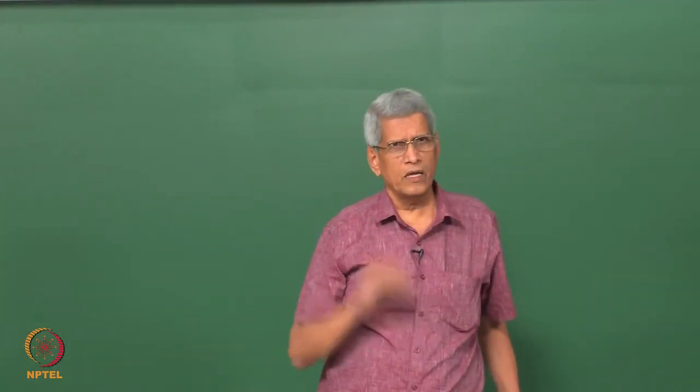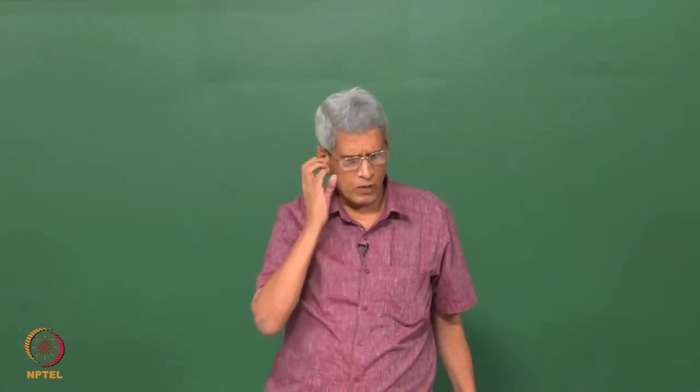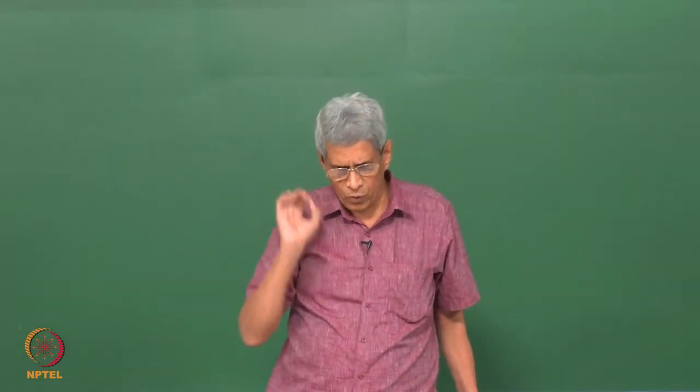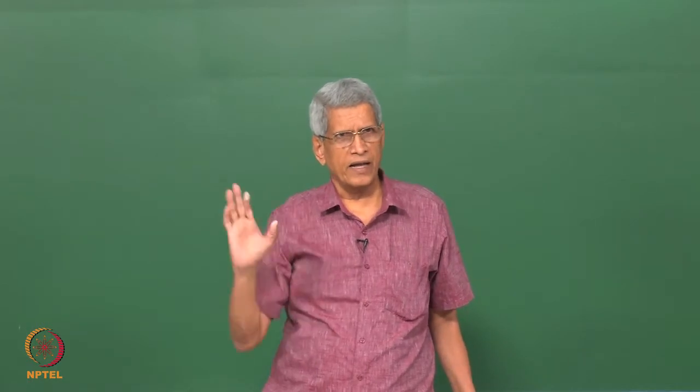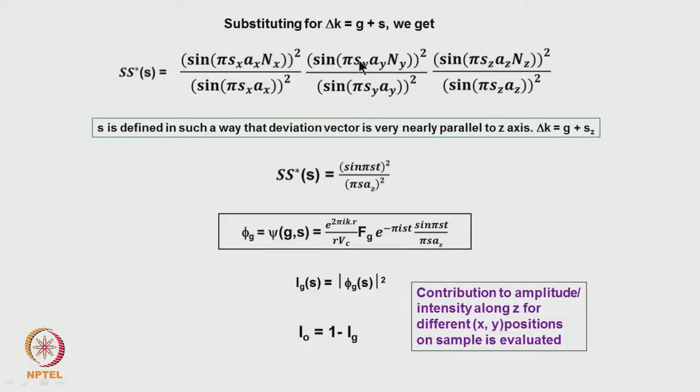But normally in microscopy one assumption is made. The assumption is that the deviation in the Bragg condition is only in the Z direction, in other directions the deviations are 0. If we make that assumption, then when Sy and Sz become 0, what will this term turn out to be? It will turn out to be ny squared and nz squared, right? Because from L'Hospital's rule this will. So only this term is going to be there, correct.